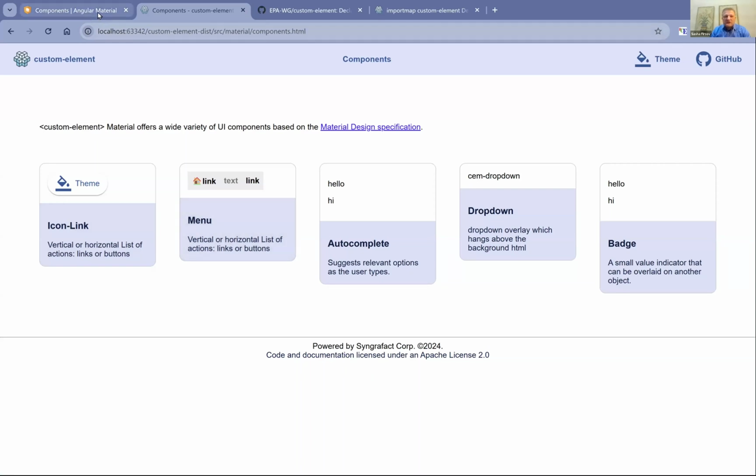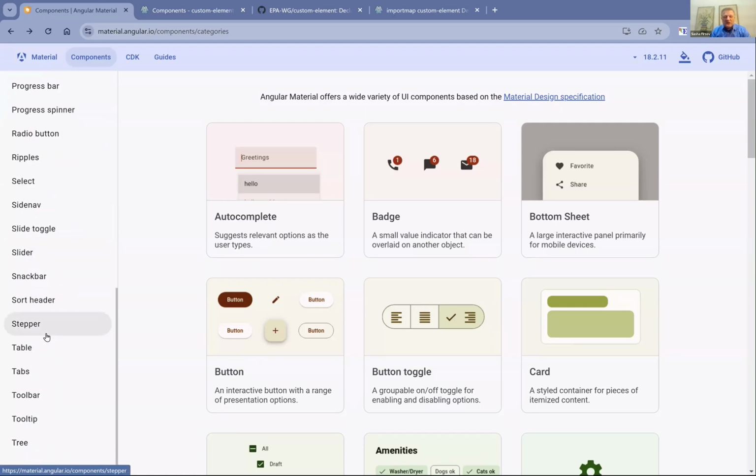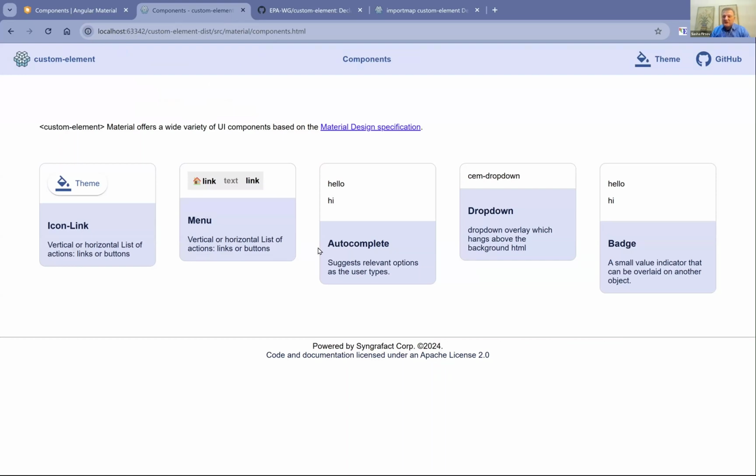The whole target will be to cover the whole set, which is quite big. And I'm working in my spare time, which means there is not much time to dedicate to this. But so far, I'm very happy with the speed of my nighttime contribution to this initiative. And I think that by the end of the year, we will have a gentleman's set of components which will be sufficient to work with